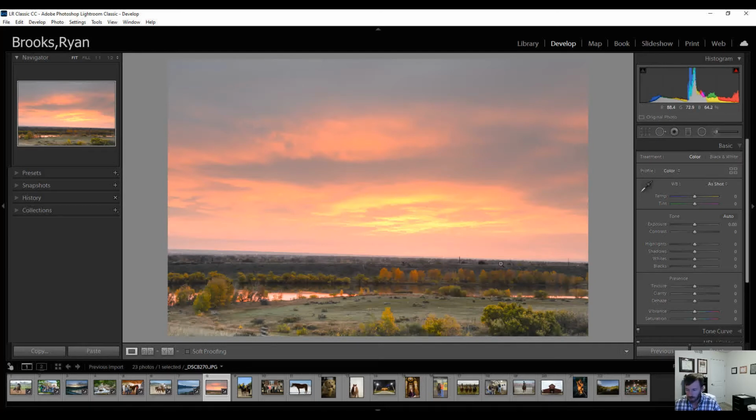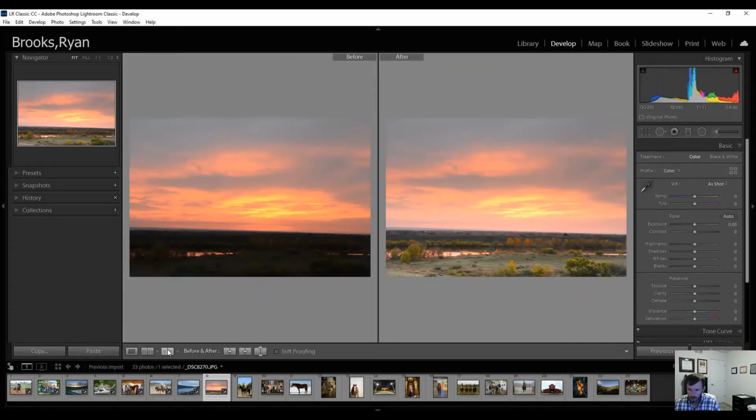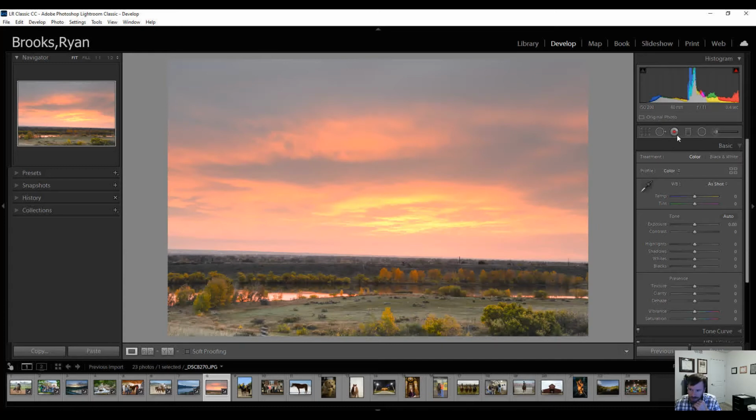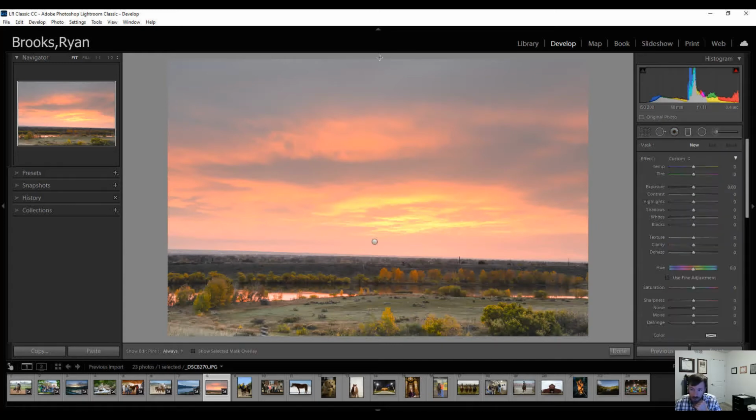I'm still okay with the sky here. It looked a little extreme before. But if you looked at these two side by side, a bit different. If you wanted the sky to be back like this, again, we know we can pull that detail back. But before we'd lost the foreground. We really pulled that foreground back. And so if you wanted to take this and play with the sky, you could do that via an adjustment brush,